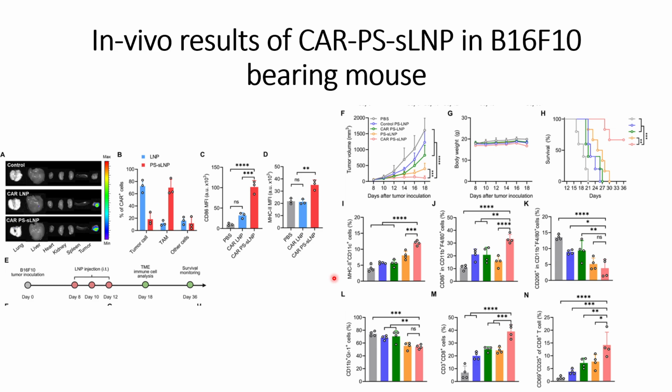Although the total amount of macrophages remains the same in all the cases, the M1 type phenotype signals are higher in the case of their optimized CAR construct with sting agonist, shown in panel J, and the MHC-II expressions are also higher for their CAR-PS-sLNP case, indicating that this CAR-PS-sLNP causes reprogramming of the tumor associated macrophages from M2 type phenotype to M1 type phenotype,